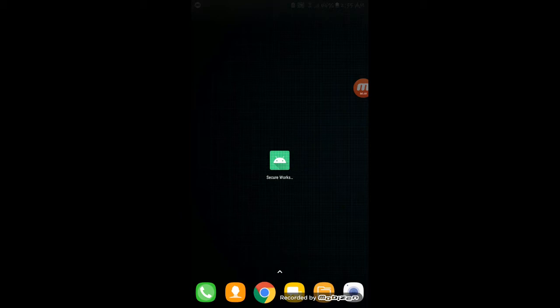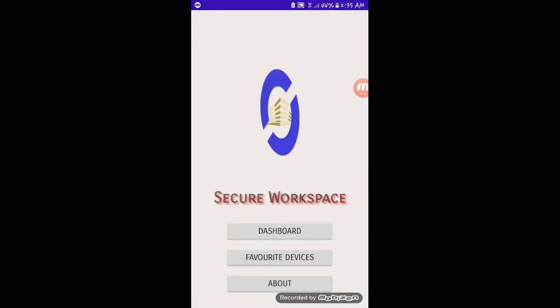Here we can see that we have the application on the Android device, that is Secure Workspace. If we open the app, we can see there are three buttons. One is the dashboard, another is favorite devices, and the last one is about. So if we move on to the dashboard section,